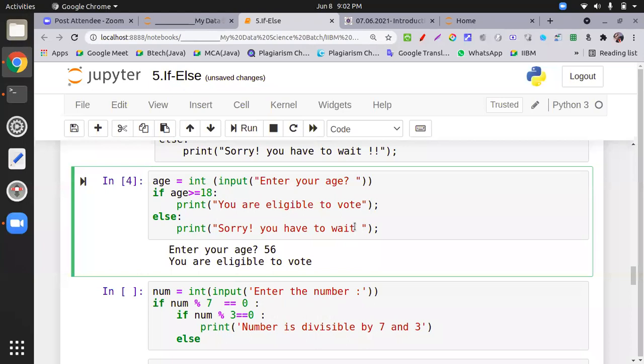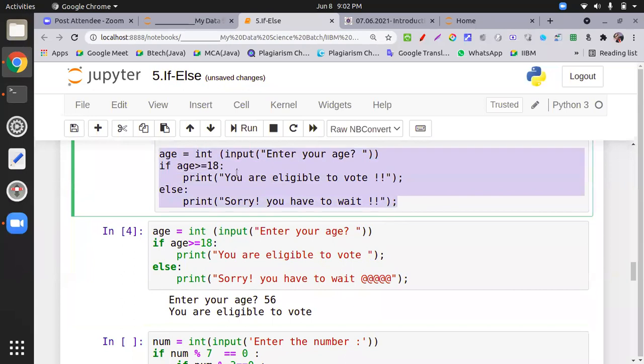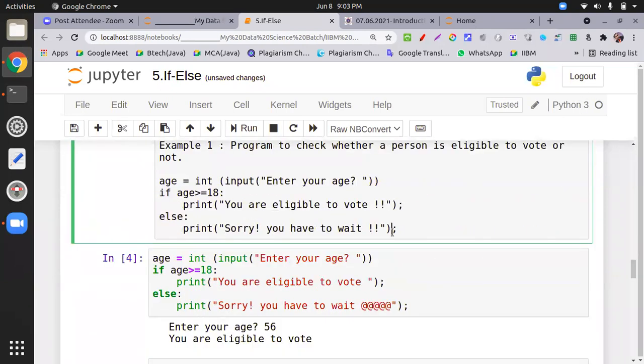Sir, is the semicolon mandatory to keep? No, no. This is pre-written code; you put the semicolon, yes, but this is pre-written code executed in the Python 2.x version. Now we are working in the Python 3.x version. See over here, in Python 3.x these things are eliminated. The semicolon is eliminated, so if you write it, no error will be there.